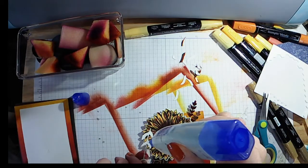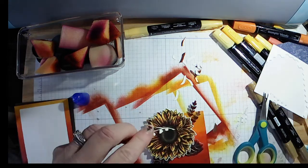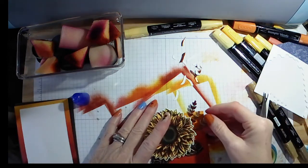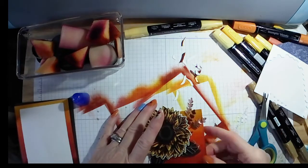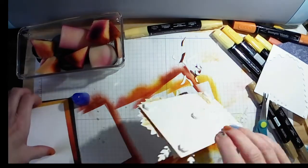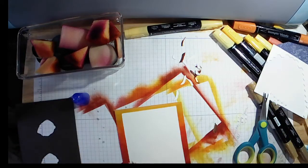And we're going to put a little bit more glue on this one and place this one in. There we go. Those are on. Now we can take the backs of these off and put them on here and put our splatter effect on,